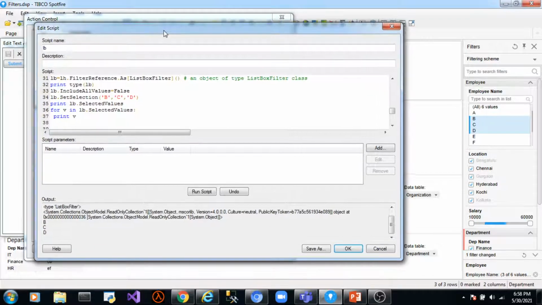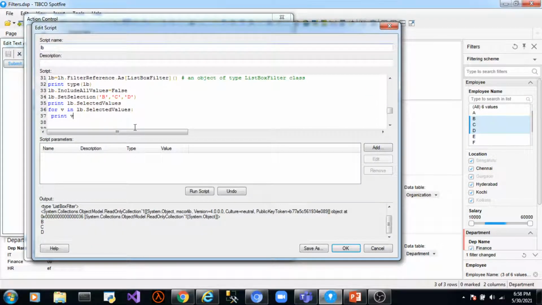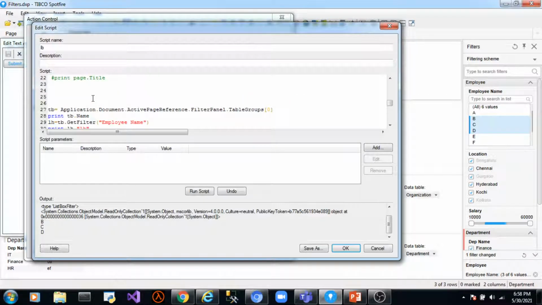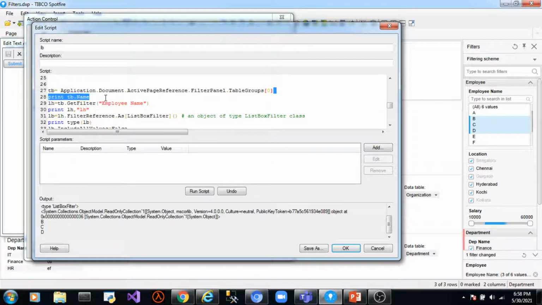This is one use case where you can apply this logic or use this code snippet to set list box filters. Okay, so first we got an instance of the table group, then table group instance dot get filter, to which we pass the name of the filter.